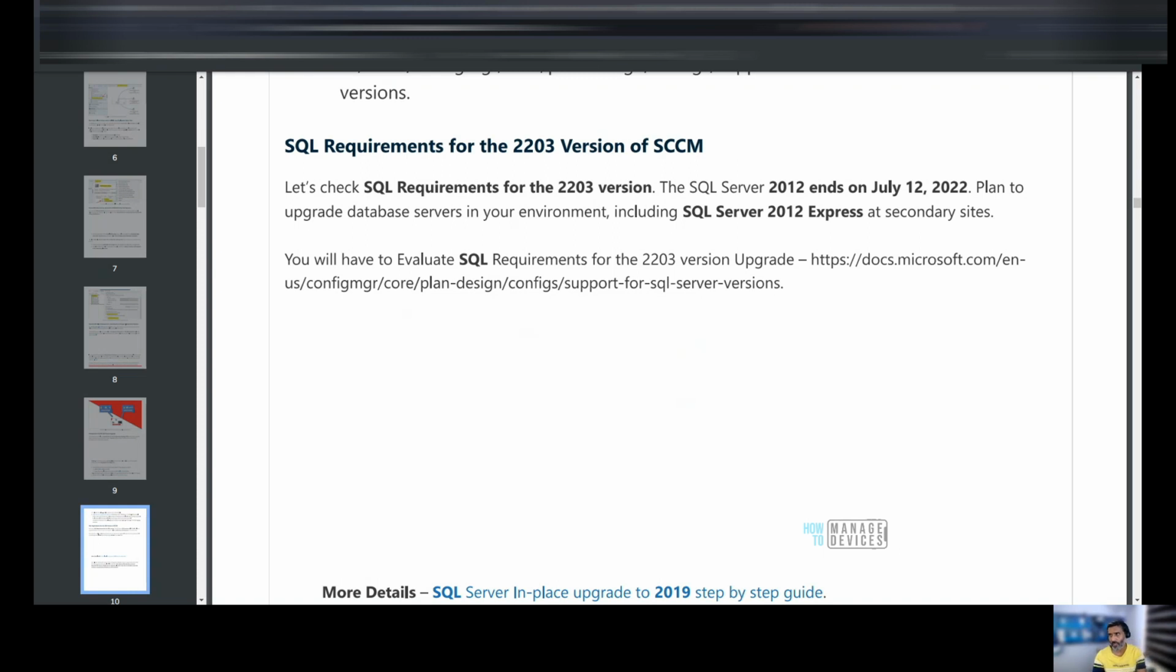SQL Server 2012 end of support is in three to four months from now. So it is on July 12th, so you need to take care. And I have some blog posts available to explain and to show you how